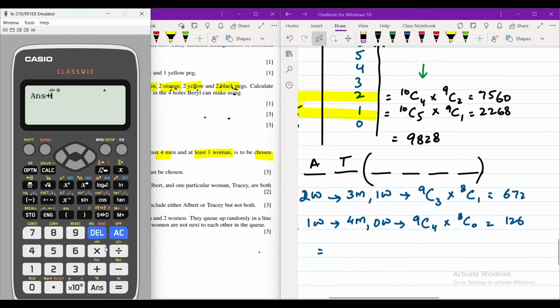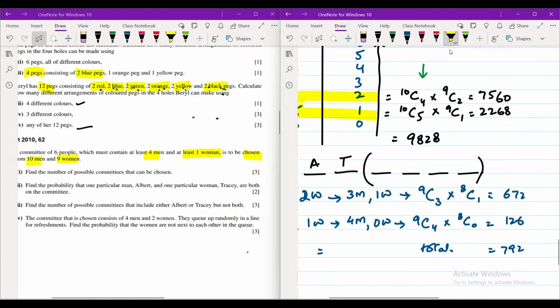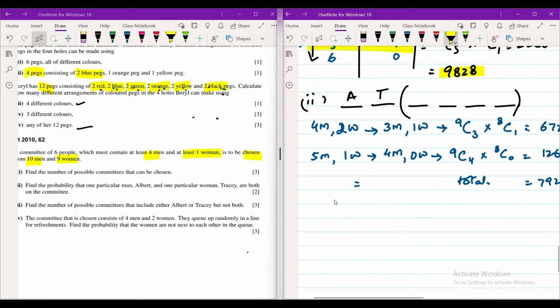So 126 plus 672, I get 798. Right? So the total number of committees that could be formed were 9,828. But for the probability that Albert and Tracy are already being selected, the case would be